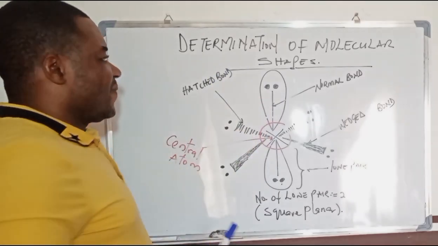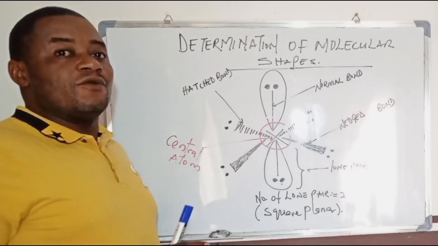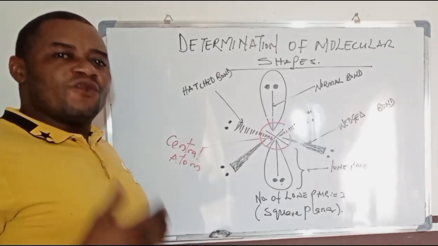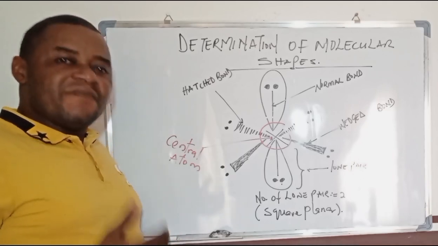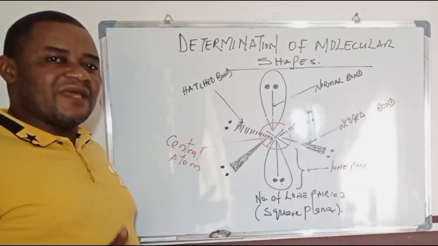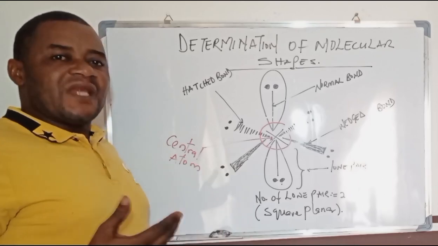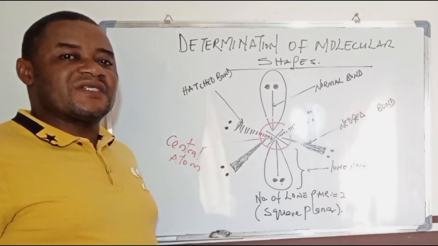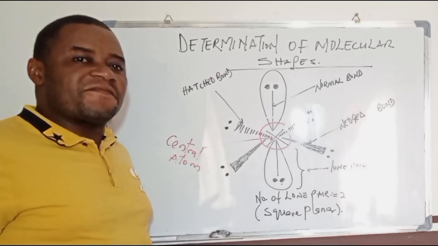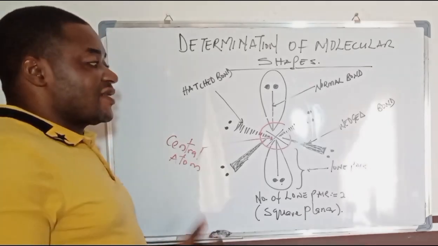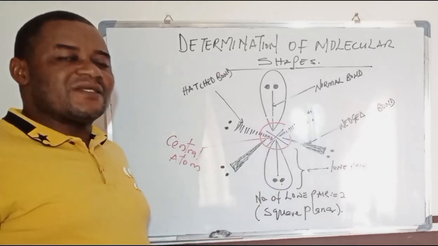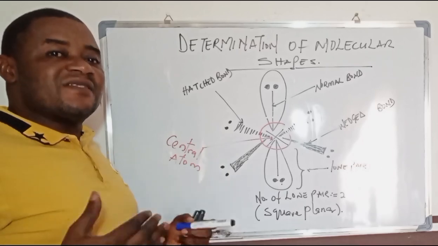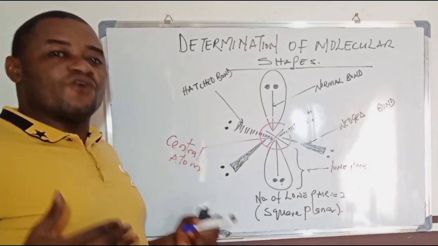Now, remember that these bonded and lone pair electrons, as we say, play a role. But the lone pair electrons appear to play a more major role than the bonding pairs in this determination. This is because the lone pair electrons usually repel strongly. Electron pairs around the central atom are always negatively charged, so they have a tendency of setting themselves far away from each other in order to minimize